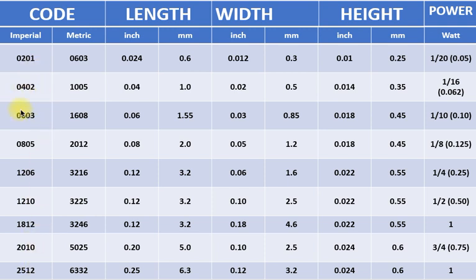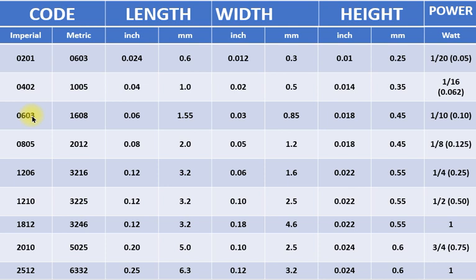As you go downward, the package size and wattage of the component increase, and if you go from downside to upside, the package size and wattage of the component decrease. So they have a relation like this. In ascending order, the size and wattage increase. In descending order, from here to here, the size and wattage decrease.